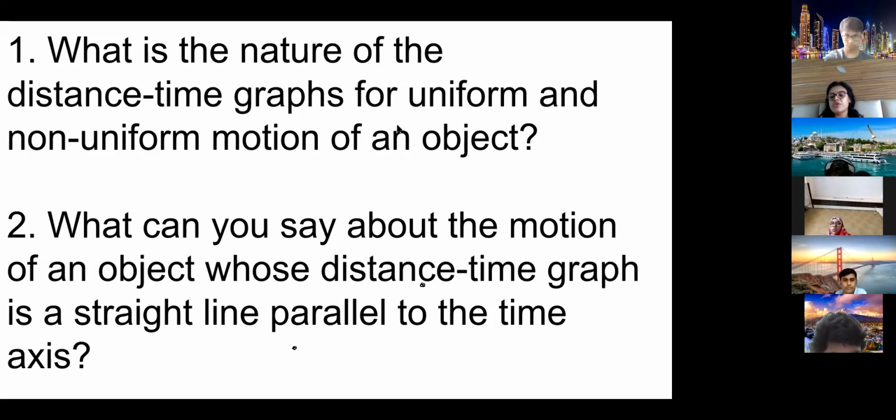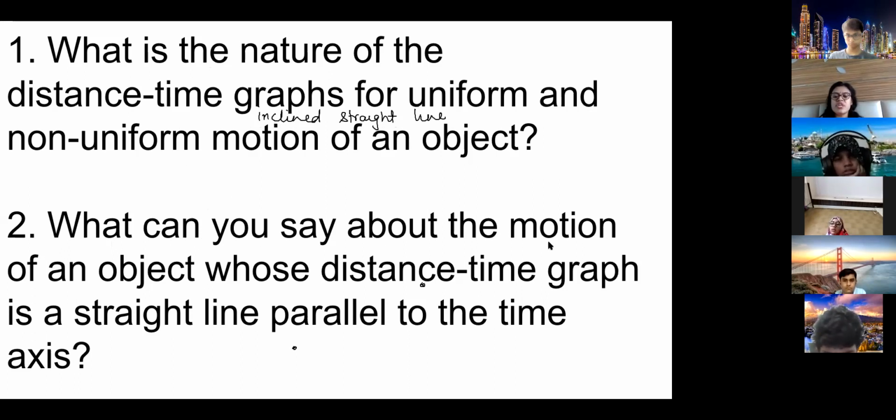You have to mention an inclined straight line, because a horizontal straight line is also a straight line, right? That is not the graph for uniform motion, that is for rest. So you have to say that it is an inclined straight line for this one. And what type of graph for non-uniform? Curved line, yes. If it is asked for rest, you will say a straight line horizontal to the time axis.